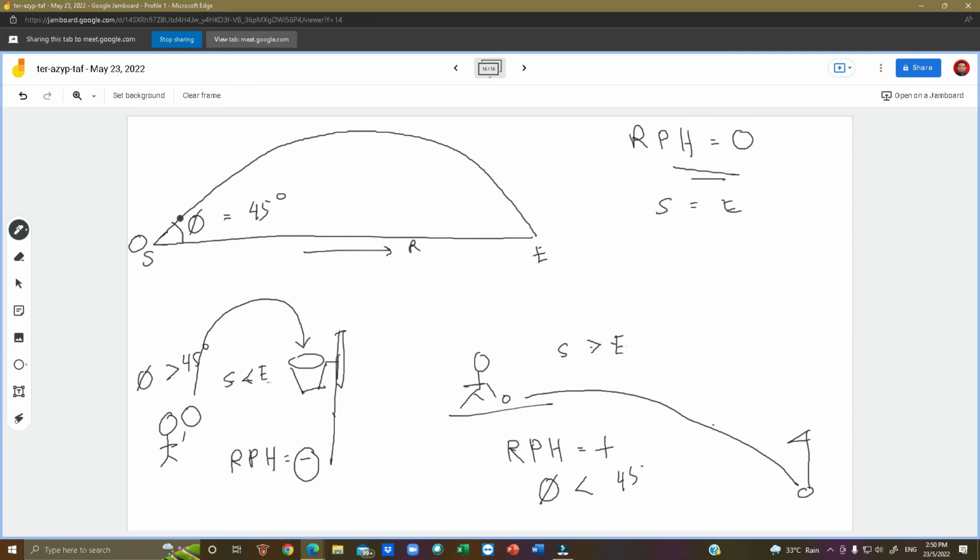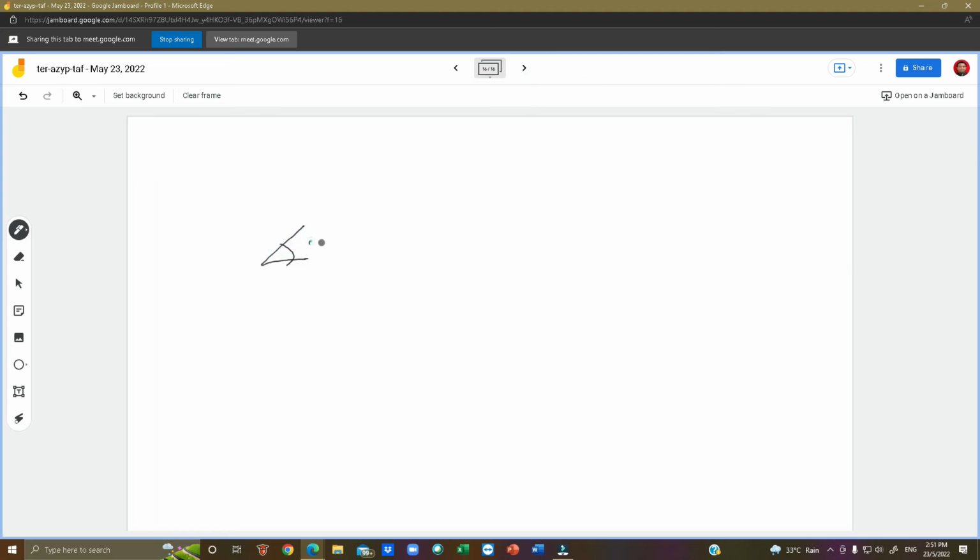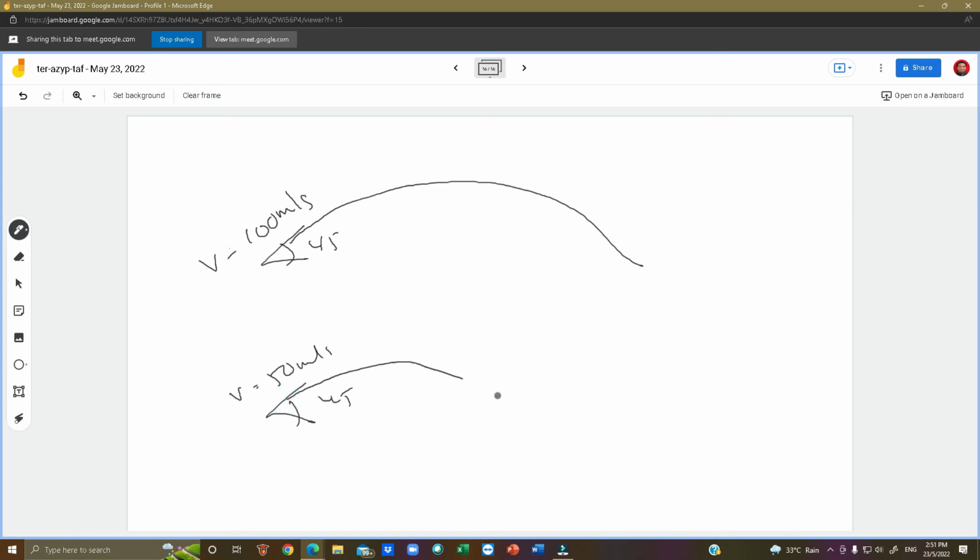So now, if the angle is equal, barulah velocity mempengaruhi projection range. Kalau angle ni semua 45, okay, setelah kita ada dua case. Okay, angle 45. Case 1. Case 2, angle 45. Tapi case 1 velocity dia 100 meter per saat. Case 2 velocity dia 50 meter per saat. So 100 akan pergi double compare to 50. If the angle is equal, and then only the speed of projection play a major role in determining how far